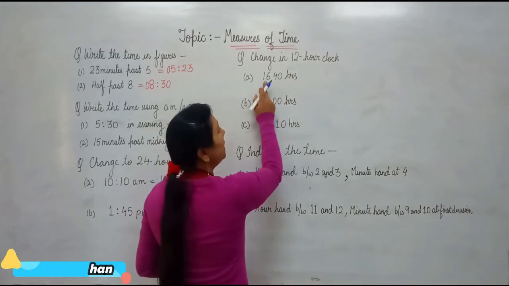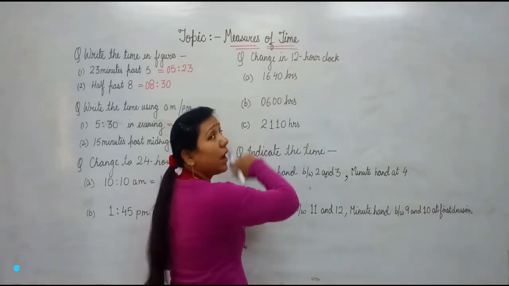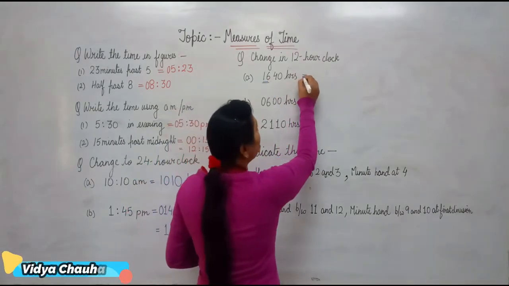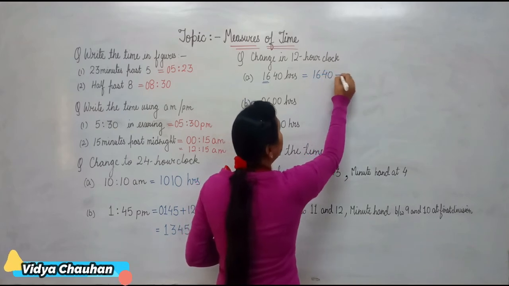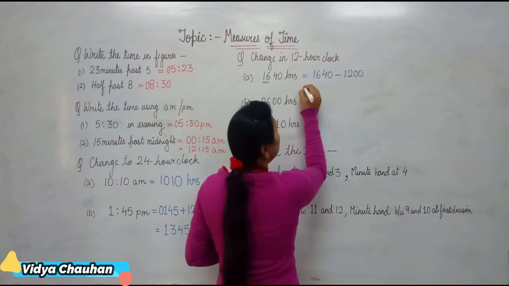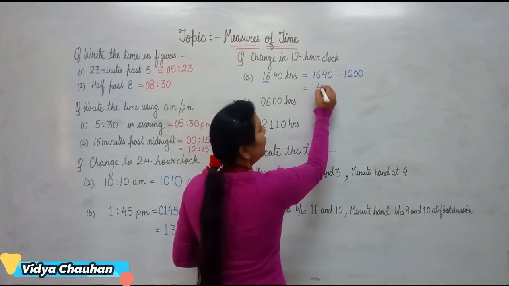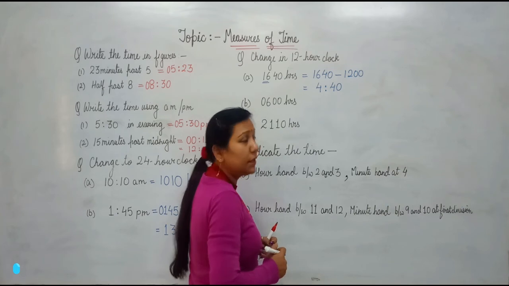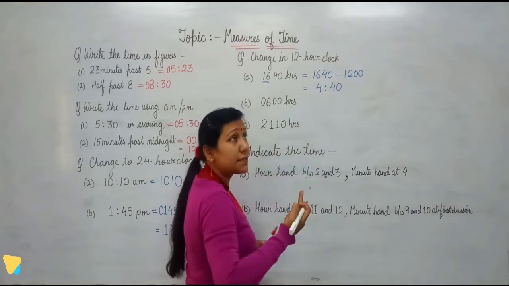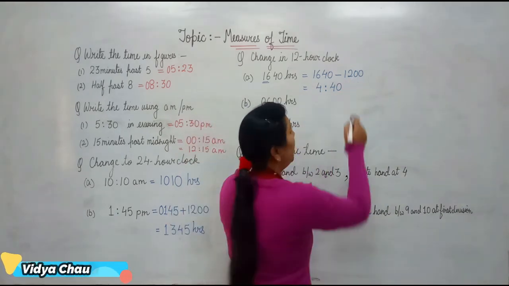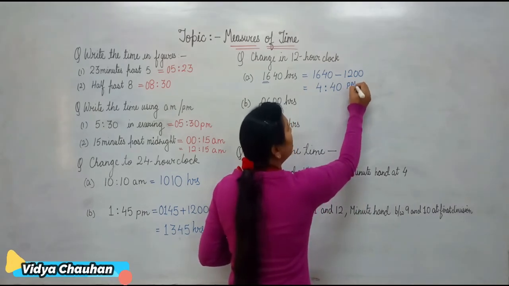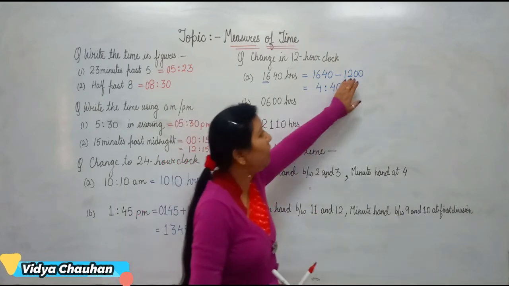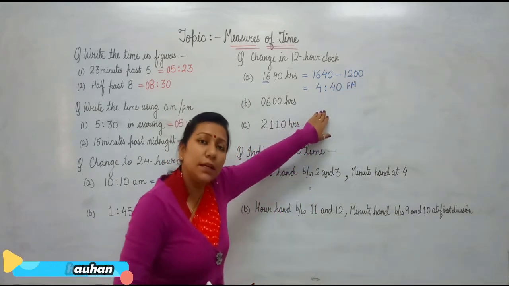Okay. So in the first part, you can see the time is 1640 hours. And here you can see the hour hand is greater than 12. So what will you do? We will do 1640 minus 1200. Subtracting the value here, you will get 440. Now put the two dots here. So it becomes 4:40, and just because you have subtracted 1200, it will become PM. So it is 4:40 PM. Okay, students? If we have not subtracted 1200, then we will write AM.